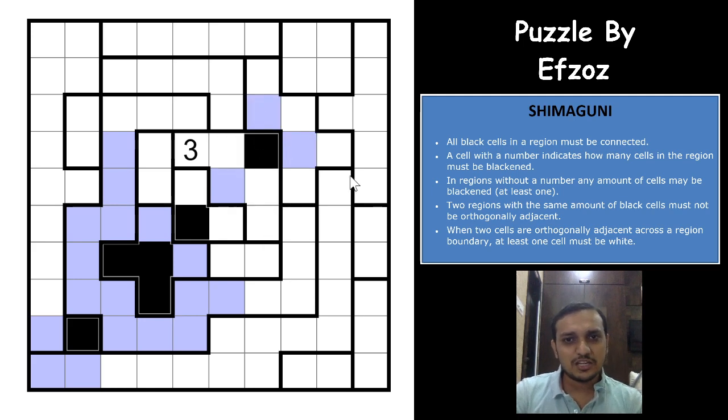So both of these will be unshaded, and which means that this region will have 1 shaded cell here, right? 1, 2, 3, 4. Either of the 4 cells, one of the cells would have to be shaded, and which means that this region will have 1 shaded cell. And is that helping us? I don't think that is helping us, because I am missing something.